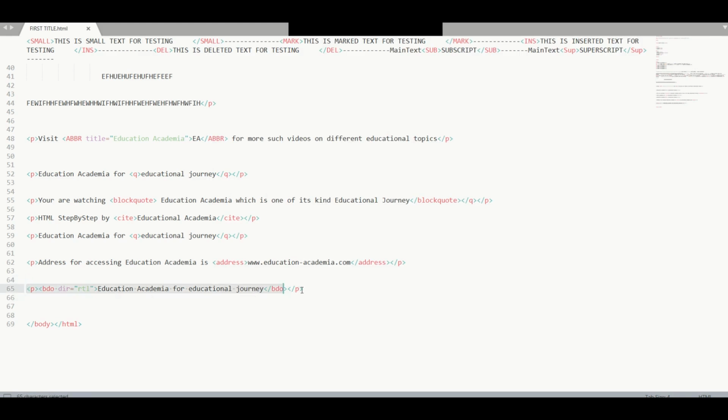So if I use it inside the paragraph tag only, I remove the BDO tag here, and here I'm using it inside the paragraph tag only, right? Let's remove the BDO tag from here as well. Now I'm using the same attribute dir inside the paragraph itself. Here, inside the paragraph, I'm using the BDO tag, and then inside the BDO tag I'm using this attribute dir, same right to left RTL, right? So now if I press Ctrl+S and